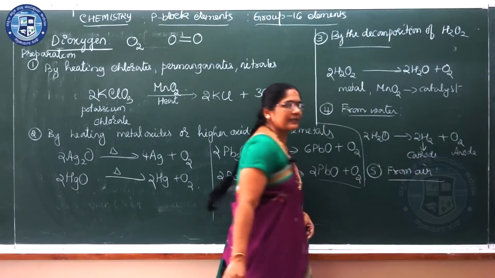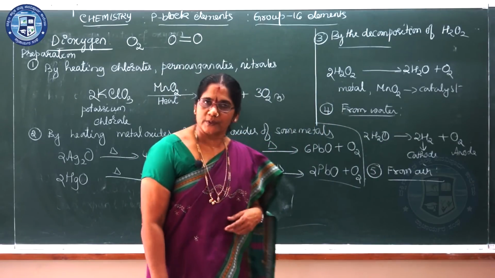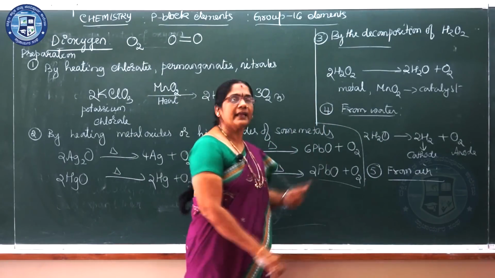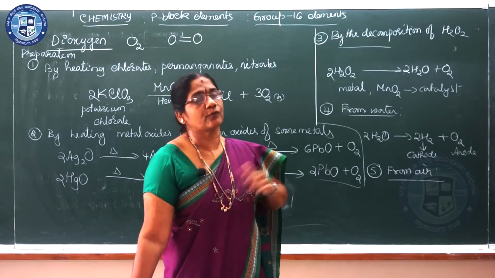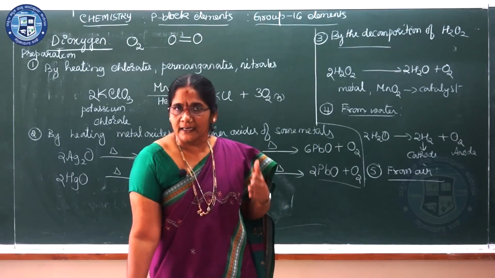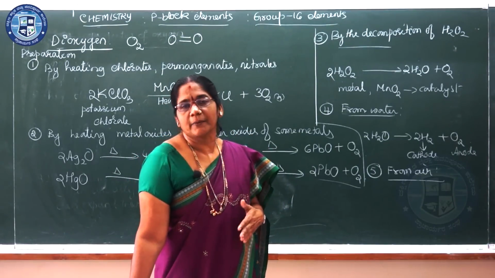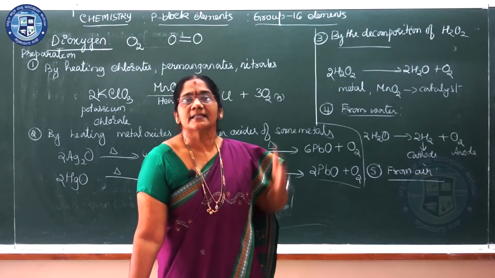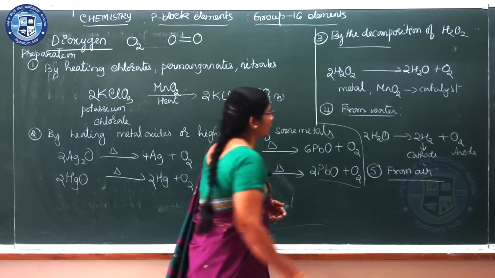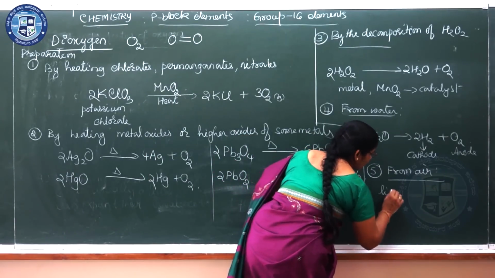From air, where there is 20.946% of oxygen. From the air, it is like how we have separated liquid nitrogen from air. The air is first dried, freed from carbon dioxide, and then the purified air is liquefied. So the air is first liquefied,